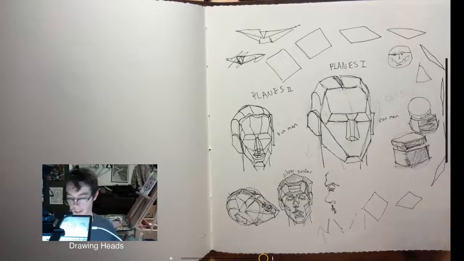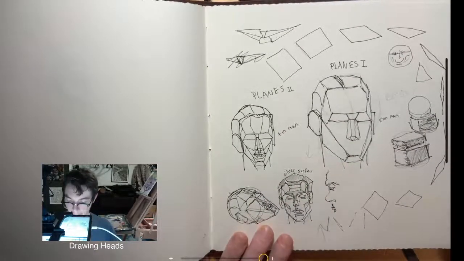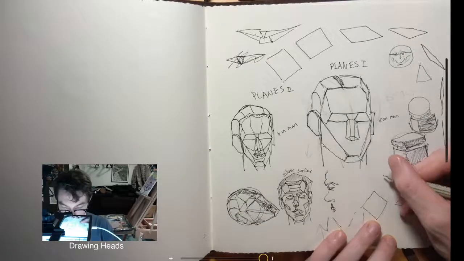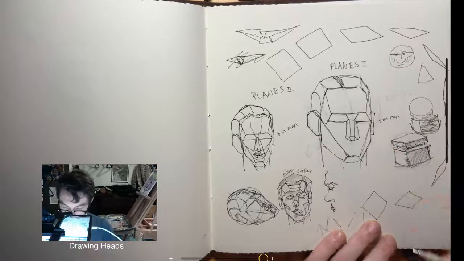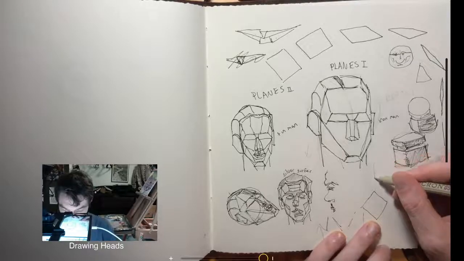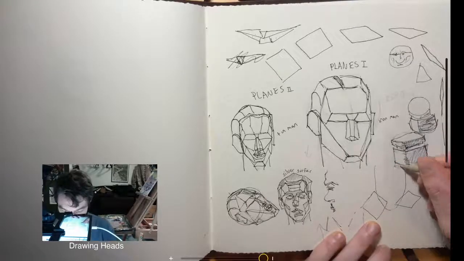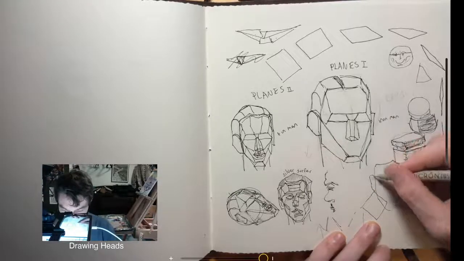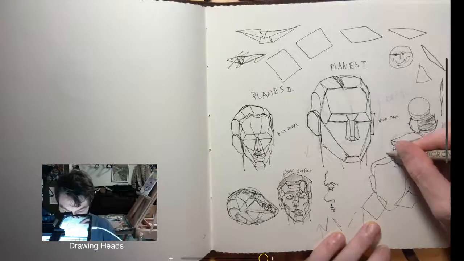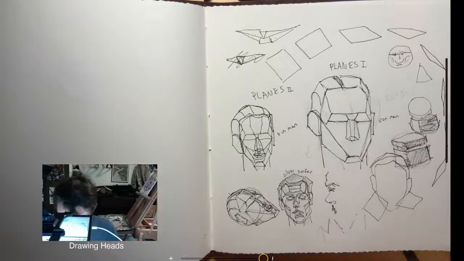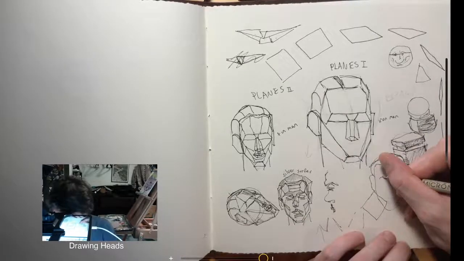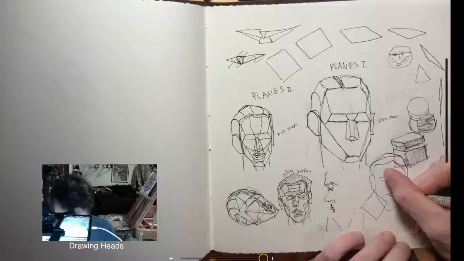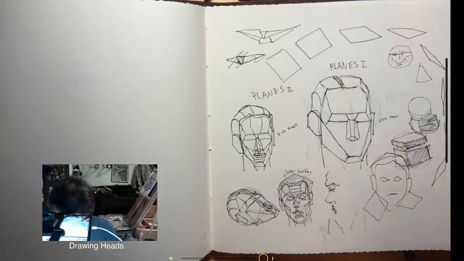So I think the thing to do would be to maybe practice this a lot, but then try to draw a person, like a regular person, but with those things in mind. So if I drew, let's see, just really quickly, this is kind of risky because I don't know if this is going to turn out well. But here's my regular head shape that I might draw. You know, eyes and a mouth. But with those things in mind,